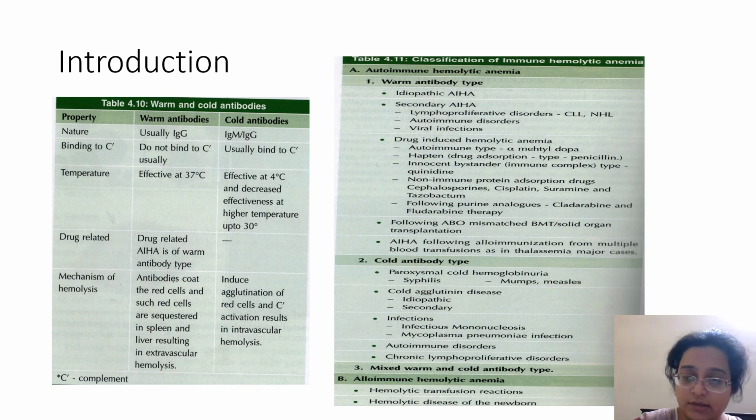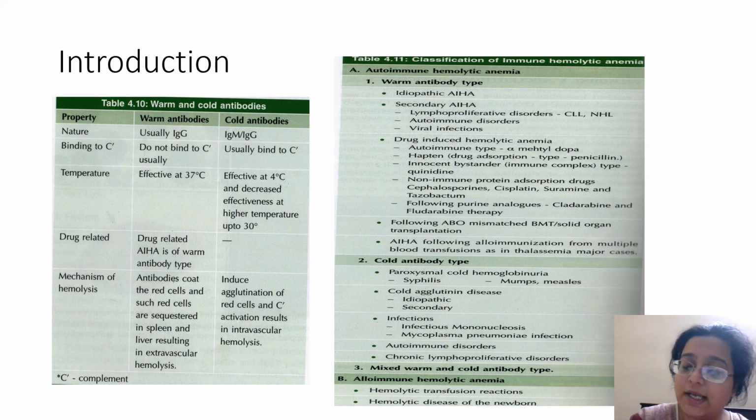This is scientifically proven, hence the adage that when hemolysis of RBCs occurs at temperatures around 37 degrees, IgG is detected in the blood. So warm antibody is usually the IgG type. And when the RBC is breaking at colder temperatures, then it is more commonly IgM, but there can be IgM or IgG both. The second point is whether the hemolysis is complement mediated or not.